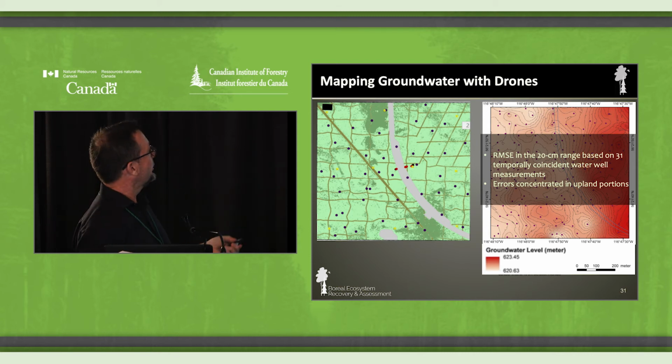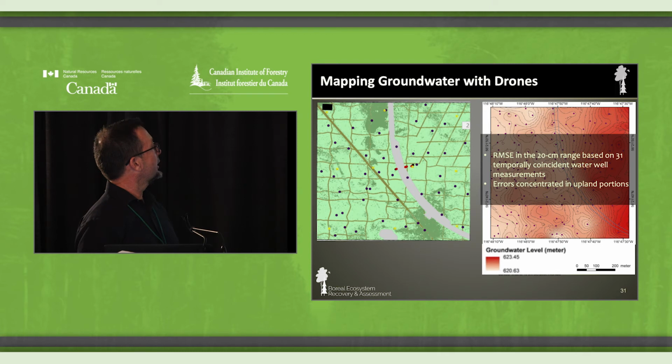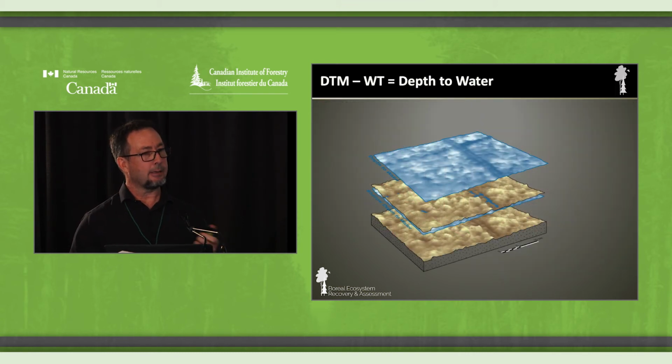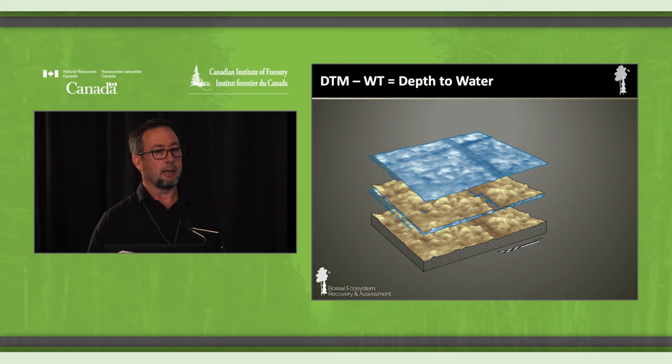So does it work? Well, we drilled 31 water wells, temporally consistent water wells, and we found that our average errors were in the 20 centimeter range. So again, this works. The interesting thing about this is if you combine these last 2 technologies, we know where the ground is. We know where the water is under the ground, so you subtract one from the other, and you have something called a depth to water layer. And this is a really high value piece of information that you couldn't get from any other technology,